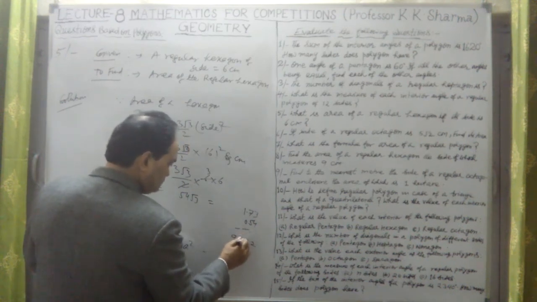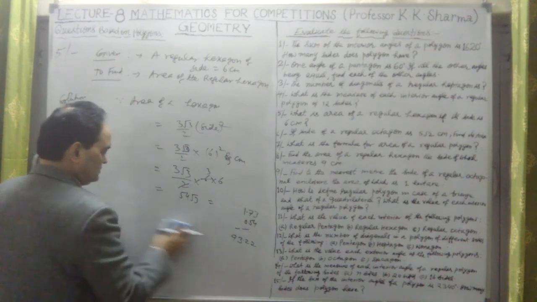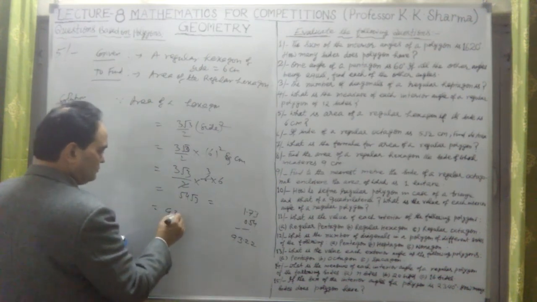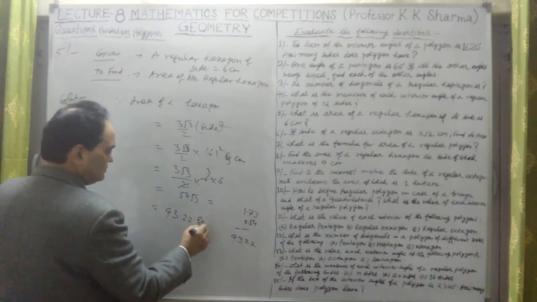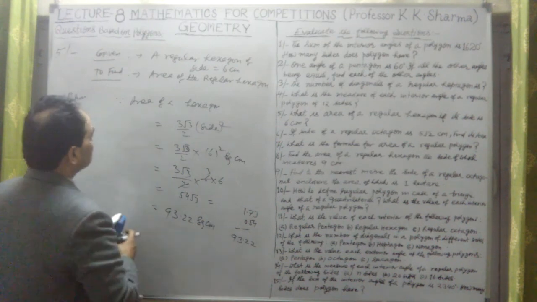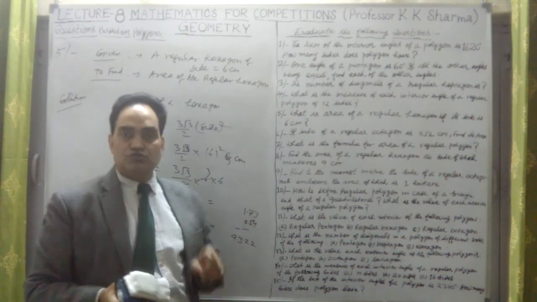Decimal after 2, it is 93. So the answer is 93.42 square centimeter. This is the answer here. The formula you should remember for